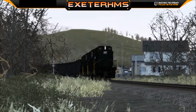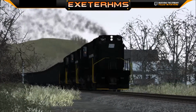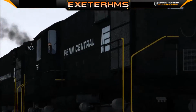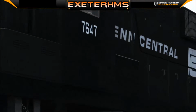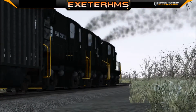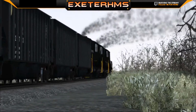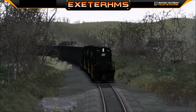So, in retrospect, I really do like the PennCentral's paint scheme on the RS11, as well as the Pennsylvania Railroad, which will be in the next episode. But due to its black, it kind of takes away from what the RS11 really has to show in its detailed modeling. Well, I hope you enjoyed this closer look at the PennCentral Alco RS11, and I hope you'll join